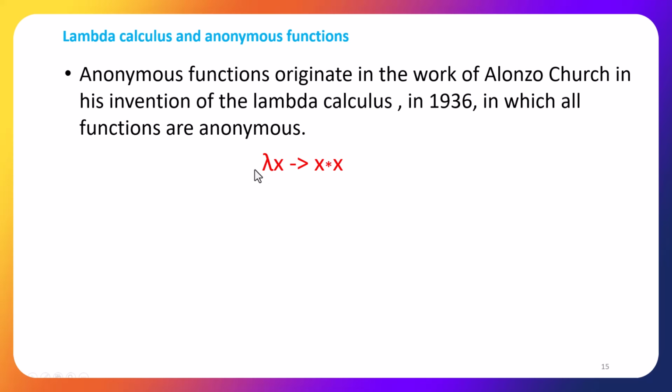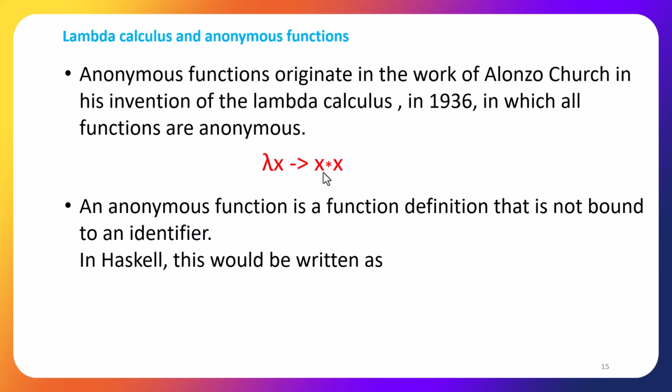Okay, so this is an anonymous function. The lambda symbol here means what follows is a function, and the function type is here. It says it takes one input called x, and what it does is it returns x times x. So this is a function without an identifier. So it's not bound to an identifier. In Haskell, which I'm about to demonstrate, it will be written like that. Okay, and when we want to apply that function to a specific value of x, this is called function application,